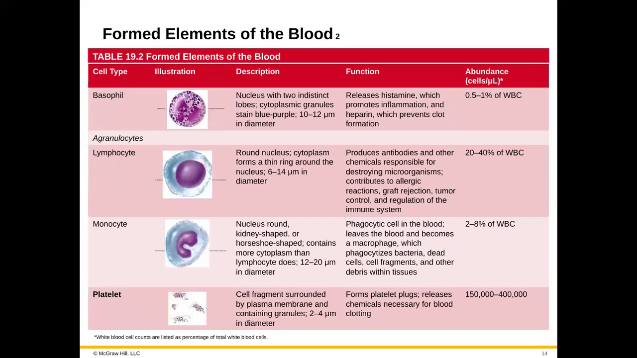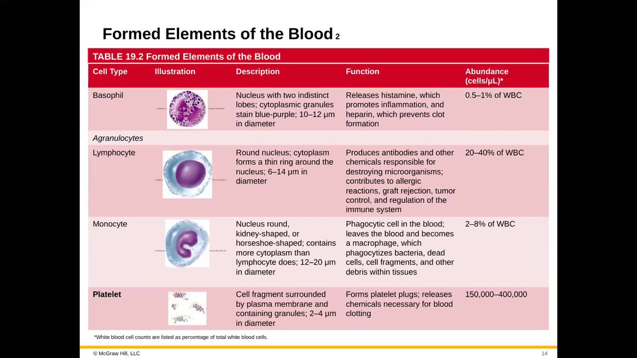So now on to our agranulocytes, the lymphocyte and the monocyte. Lymphocytes typically have a round nucleus. The cytoplasm around the nucleus is extremely thin. They produce antibodies and other chemicals responsible for destroying microorganisms. They play a role in graft rejections if you have skin grafts, tumor control, regulation of the immune system, and are also a large contributor to allergic reactions, anaphylactic shock, and things in that domain. 20 to 40% of white blood cells are going to be